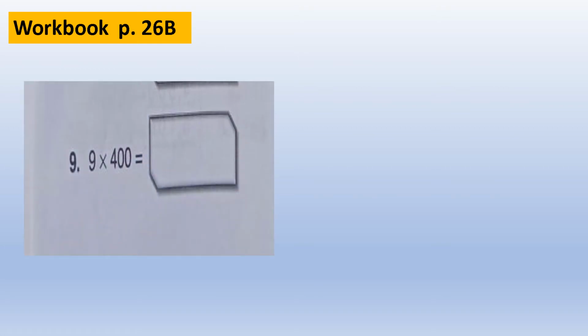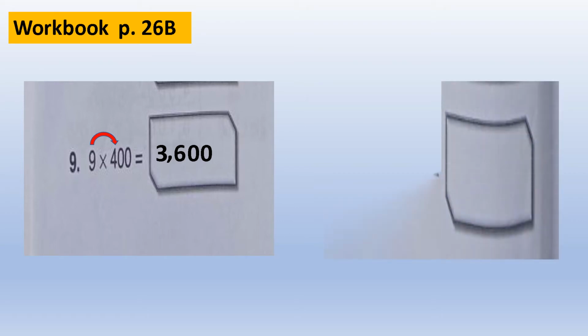Okay. Now, number 9. Okay, multiply 9 and 4. That is 36. And then add two zeros. Put a comma after the third digit from the ones place. So the product is 3,600. The sentence is 9,000 times 400 is equal to